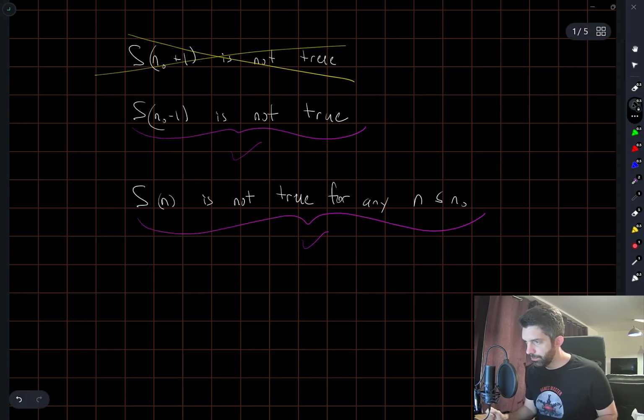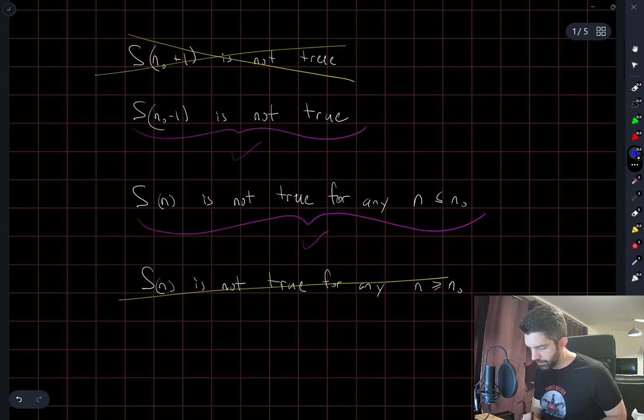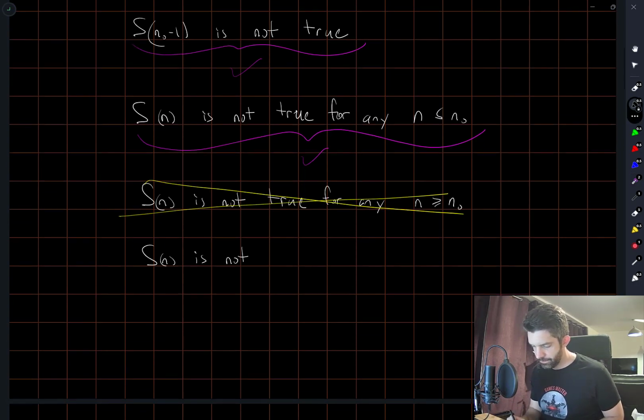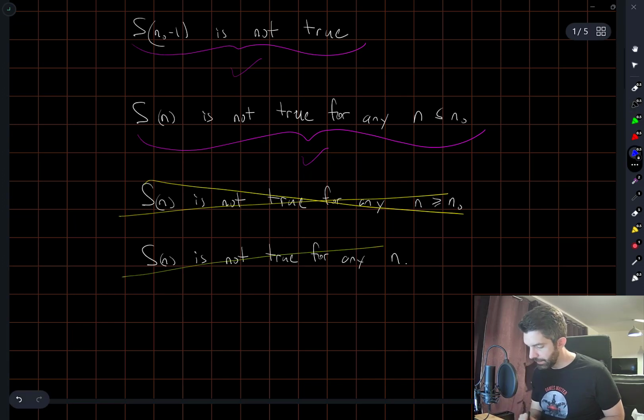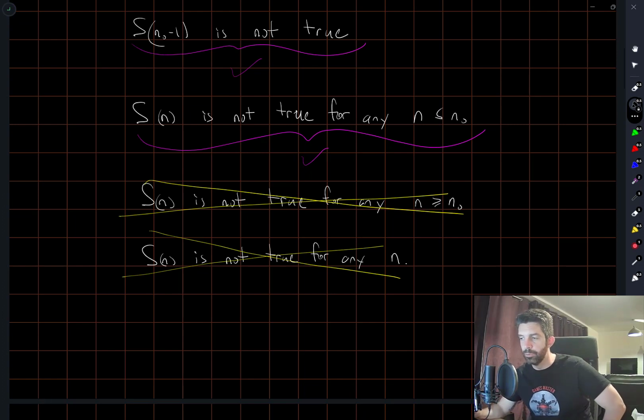But just to make sure we cover all our bases here, I'm going to look at the next two statements. This one is going to be incorrect for the same reason that our first one was incorrect. Not going to say too much more about that. And the last statement is also not going to be the answer, because it is certainly possible that S of n naught is true. We can't conclude anything about S of n naught plus 1 with the information we're given.